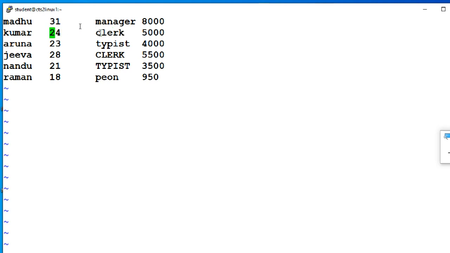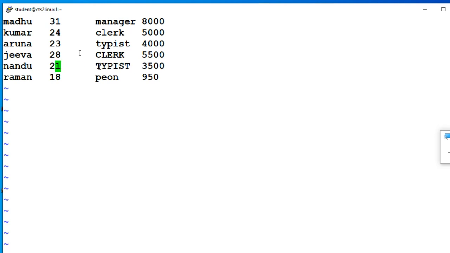Already I did this one. For each thing you have to go one by one, then go to typist, then go like this. For clerk I'm doing it too. Make sure there is a tab space, so then it is split into columns. Escape, then again press i.